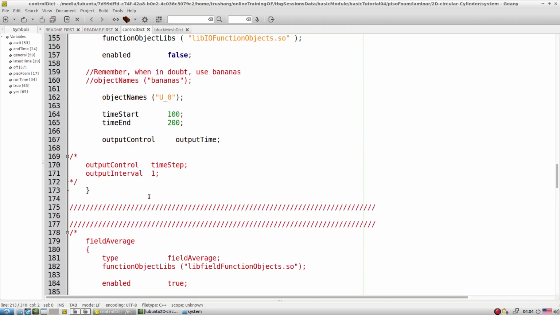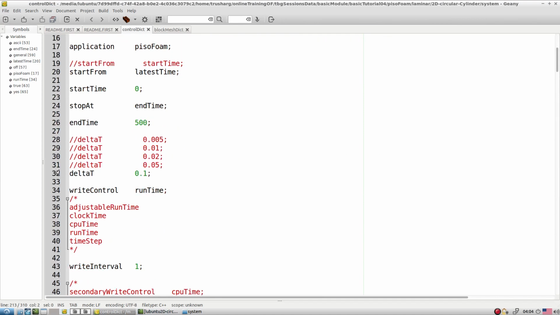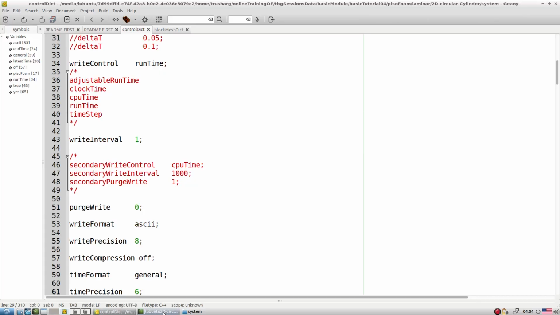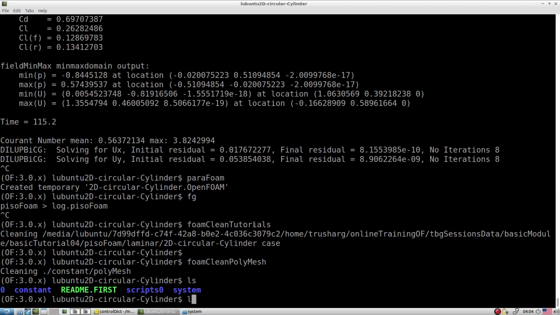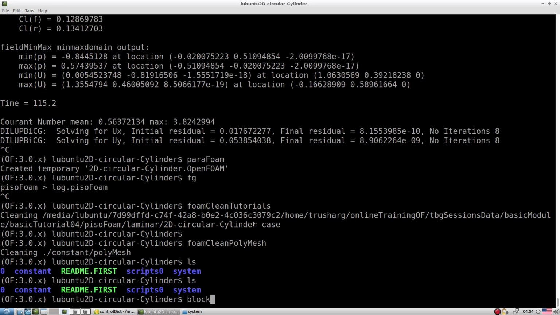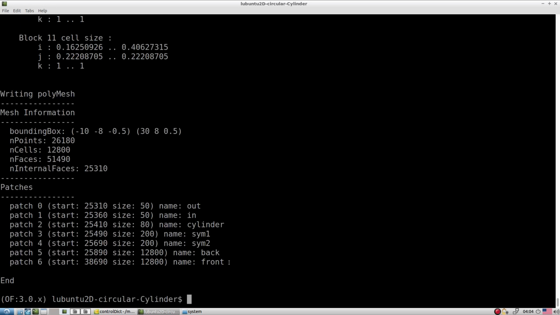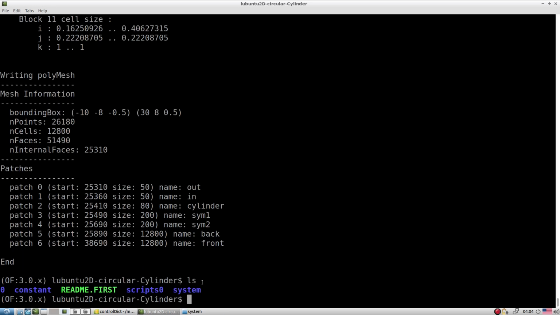Along with that, let's decrease the delta t to something like 10 to the power minus 5, or let's stick to 10 to the power minus 2. So that is the blockMesh. And let's check we don't have any other entry here.